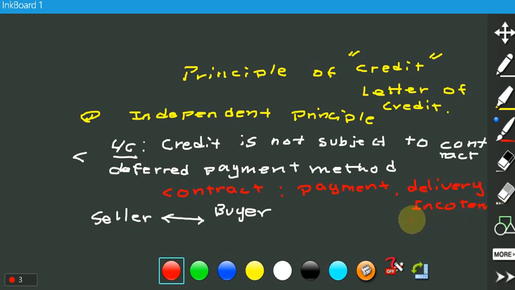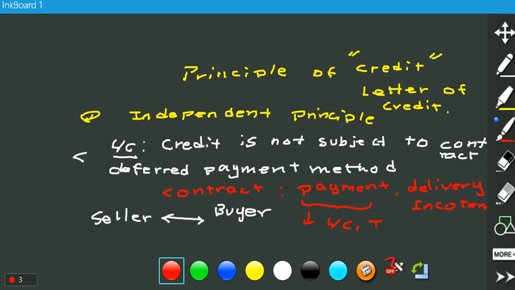And the contract contains lots of conditions. Regarding payment, it will be a part of the contract, and on the basis of this payment term in the contract, you will proceed with LC,